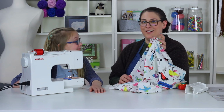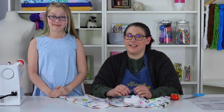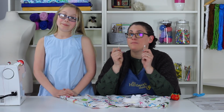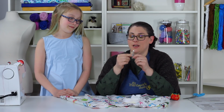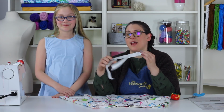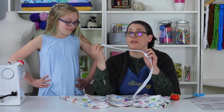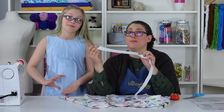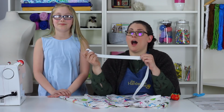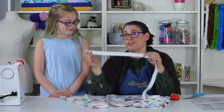Okay, let's go. Step 16, let's put the elastic in your casing. You need to have your safety pins that we were using before as markers to help us put the elastic into our casing. We also need elastic. And the elastic needs to fit around whomever is going to be wearing the skirt. If it's you, my recommendation is to have somebody help you measure the elastic so you can get a good, proper measurement. Since the skirt's not for me, it's for Anna, I'm going to help Anna measure the elastic